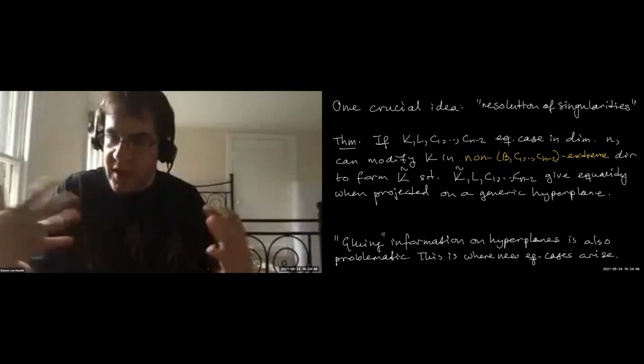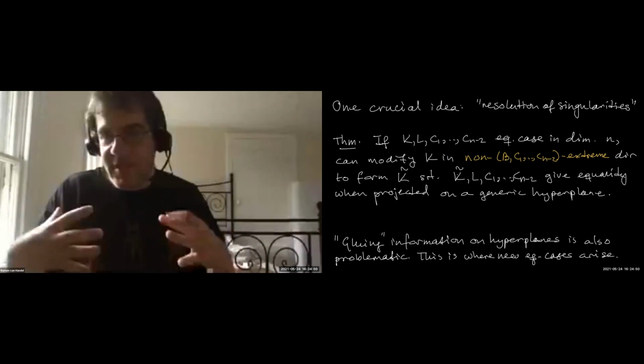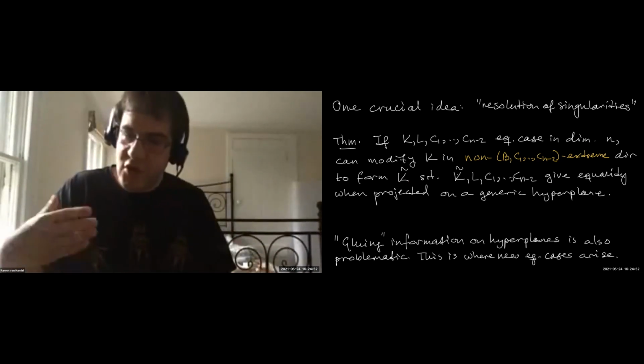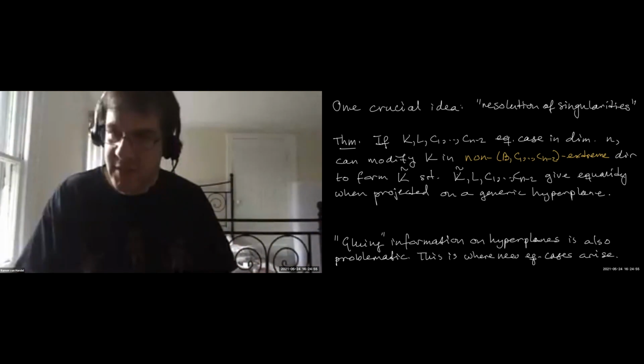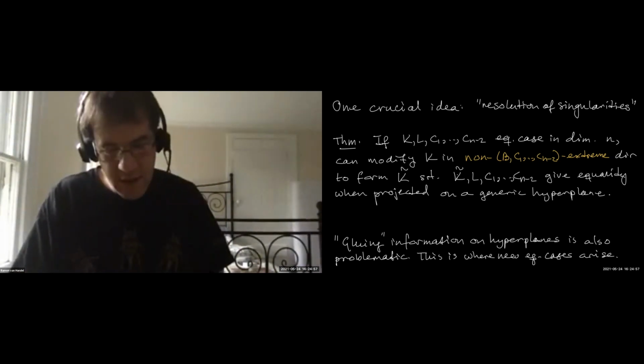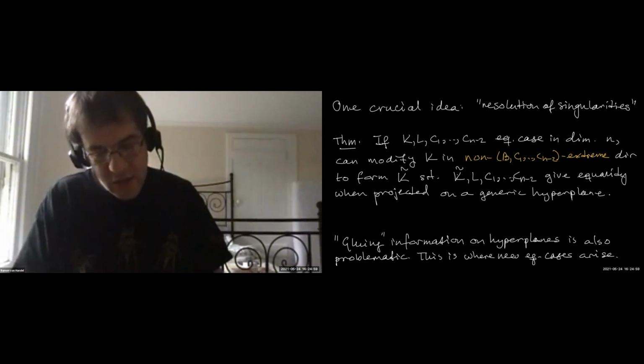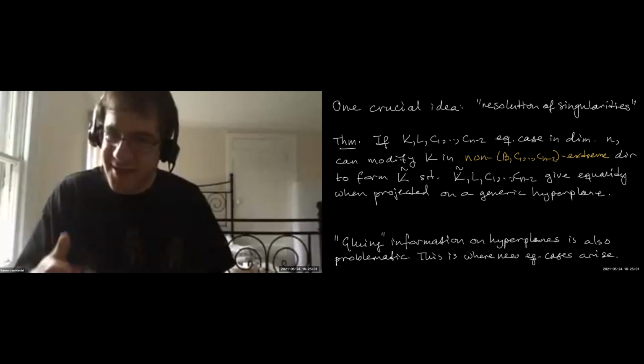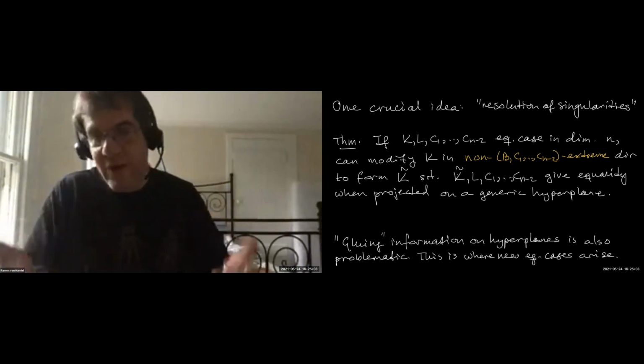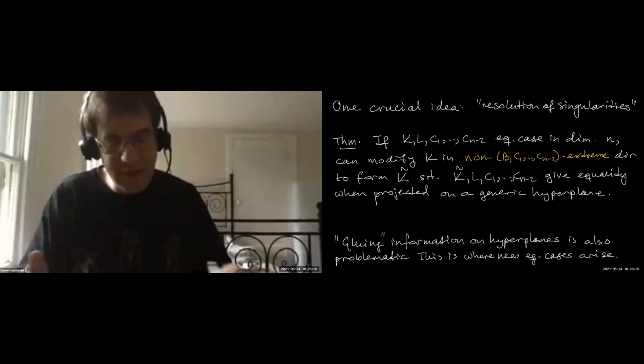So after you wiggled them, then the problem somehow desingularized, and you can perform this induction. And that is the basic idea. And the miracle of this theorem is that we can prove this theorem without understanding the equality cases, right? Because if we already knew what the equality cases are, if we proved the equality cases, this theorem would be